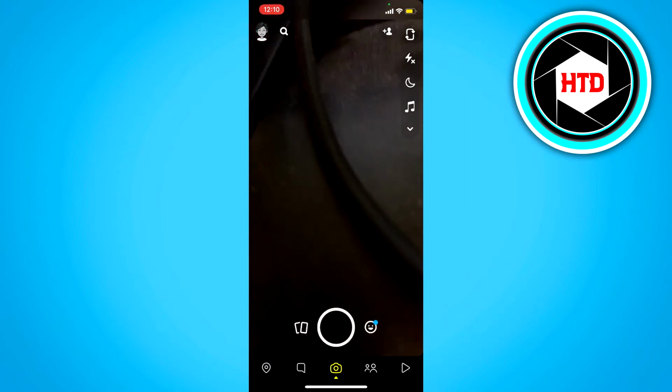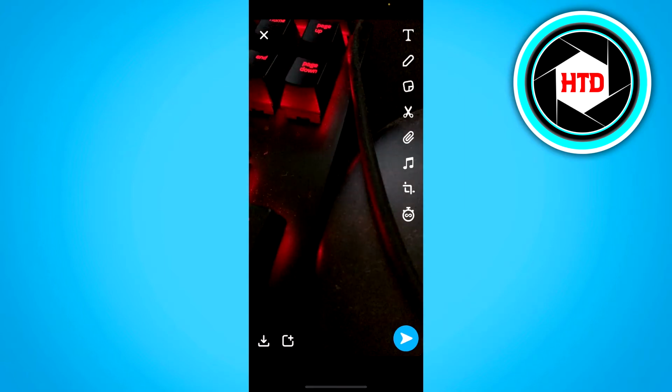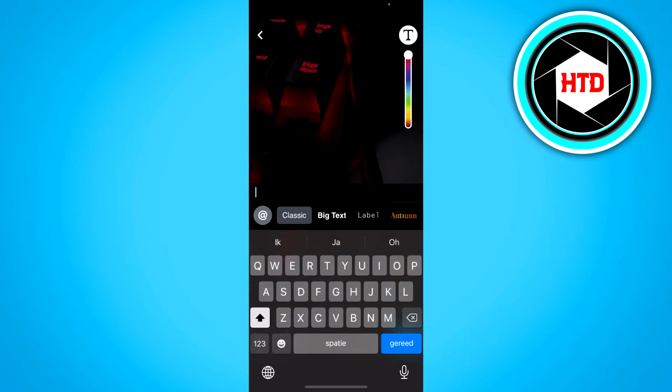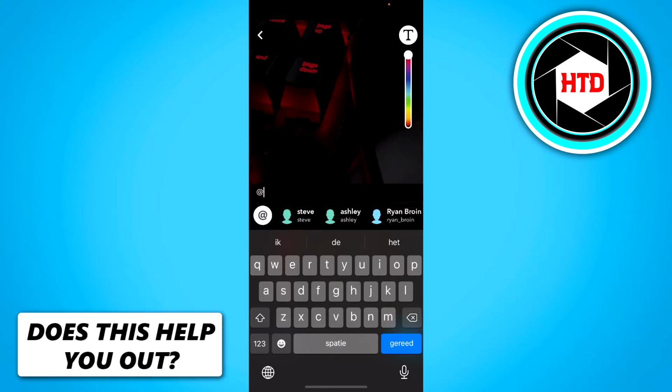So to do that, you just want to create a snap, and you want to add a text. And when you add a text, you can see the different font right here, but you can also see on the left the add button. So if you click on there, you can